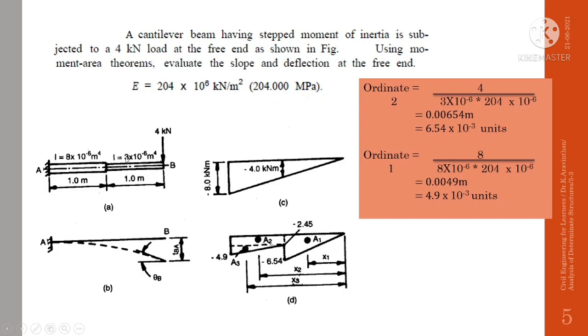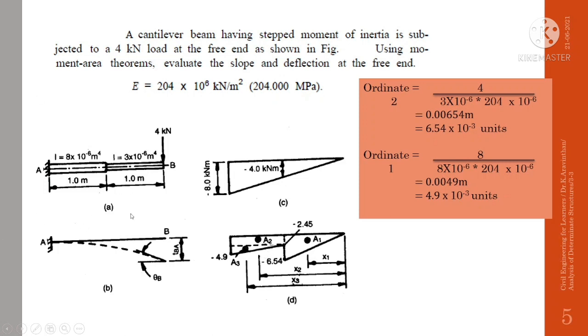So this kind of problem you can come across either in a simply supported beam or a cantilever beam or a hanging beam. So how to tackle this is, while drawing the bending moment diagram, you are including the term EI. So you are using this term area of bending moment diagram by EI. So while substituting this, you have to draw another diagram in order to better understand and solve easily. So you have to divide that by EI for each and every different type of span. So for each and every different element, you will be drawing a next diagram, and by this diagram you can solve the problem. So let us see this kind of a problem.